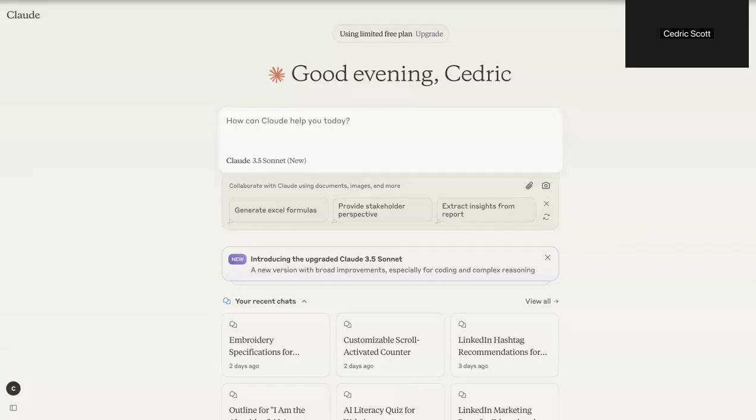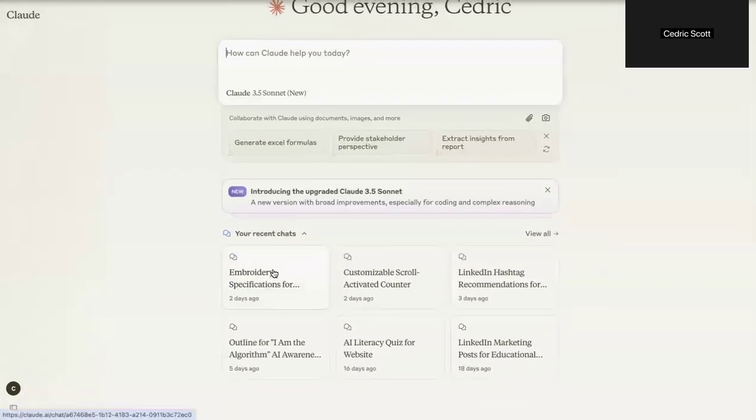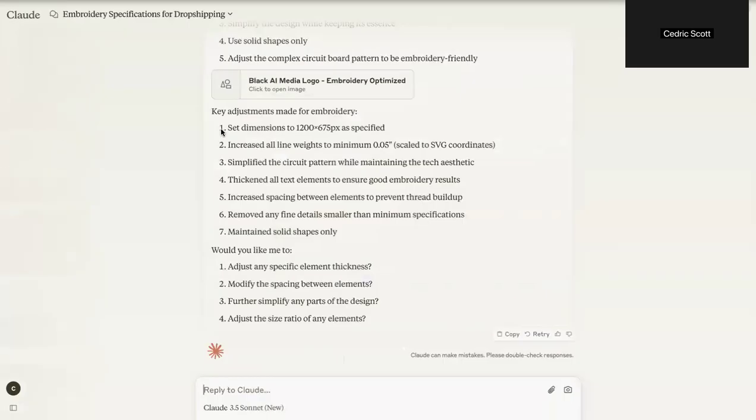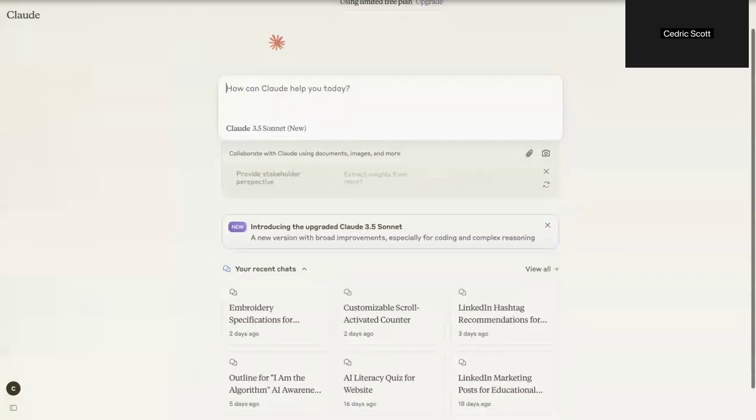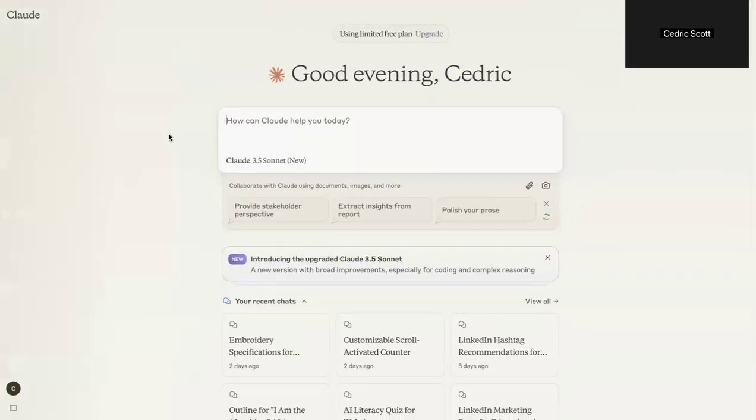So with Claude, you can do pretty much the same stuff that I outlined with ChatGPT. Go in, generate different texts, engage in the same way with prompts, and have it create different outputs for you. One of the cool things I was doing just recently, actually, real quick, I'll go through a breakdown the same way I did with ChatGPT.